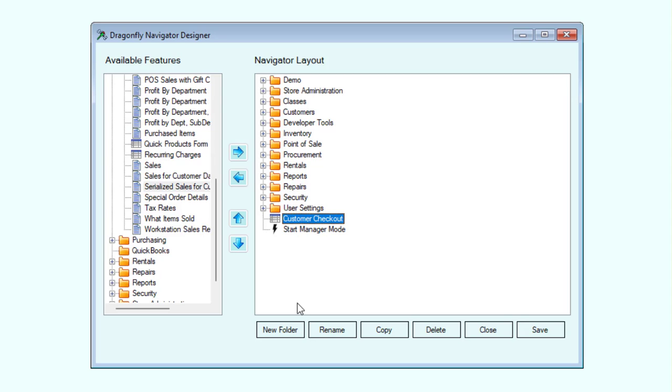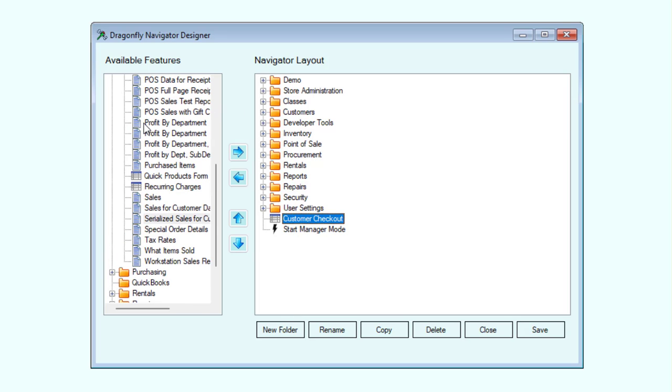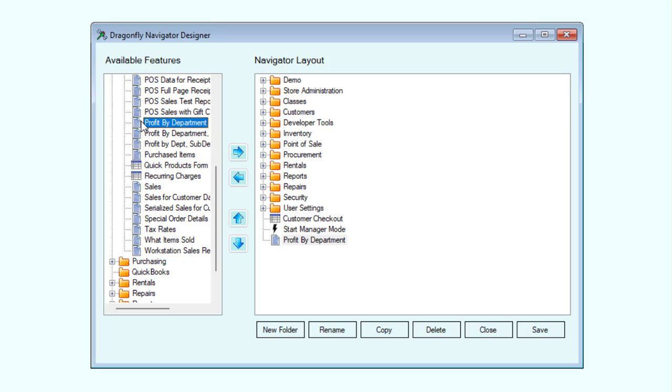In most cases, users will go to the Dragonfly Report Center to run reports. But if you have reports that get run frequently, they can also be added as items in the Navigator. This makes it quicker to run the reports. When a user logs in, their permissions are checked, and if the user does not have permission to use an item in the Navigator, that item will be removed from the tree. If this results in a folder in the Navigator being emptied, the folder will be removed as well. As a result, employees with very specific responsibilities, such as a sales clerk, will see a much smaller list of